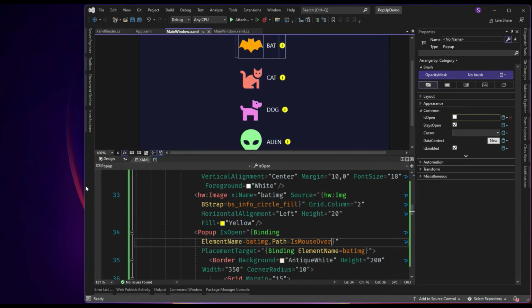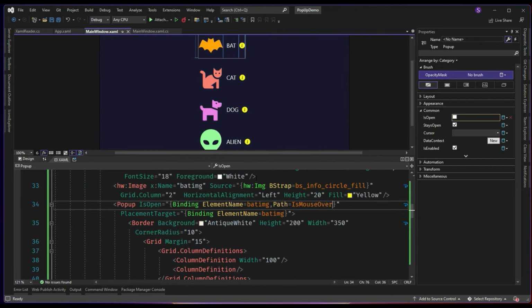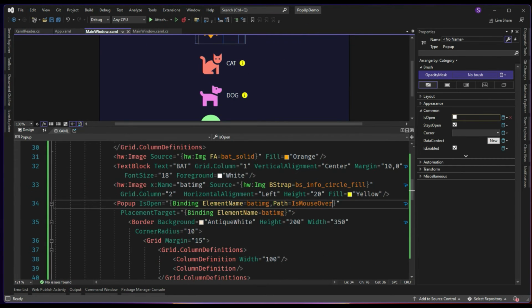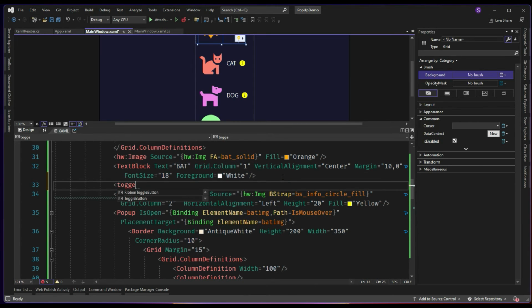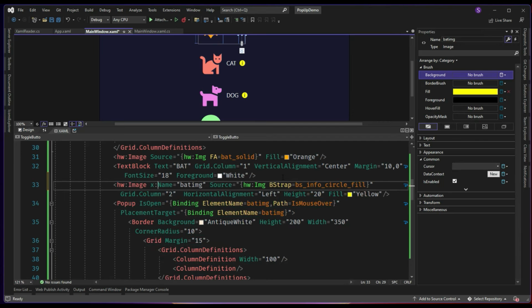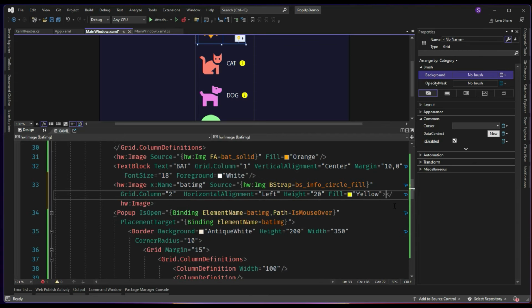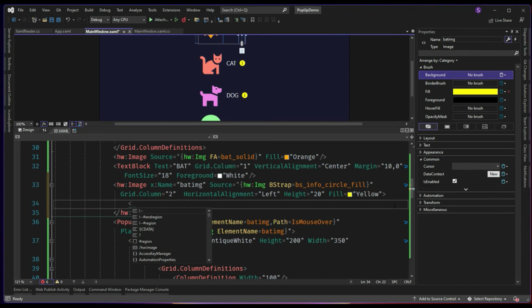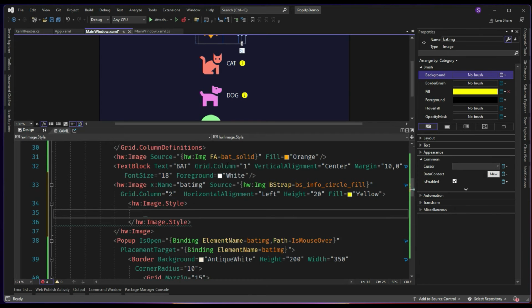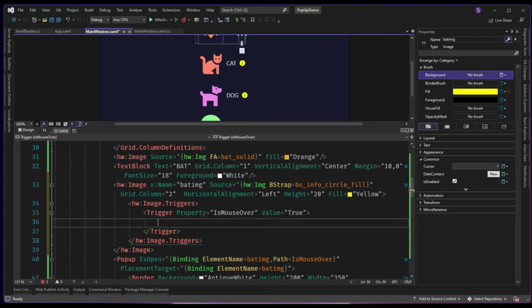So we have only one option. The option is you need to have a toggle button. Instead of this image, you will have a toggle button. You can do it in multiple ways. I will show two examples as well. First example is this one, this image. Image dot style, or you can directly set the triggers. Trigger property is mouse over, value is equal to true. Whenever the mouse over is true,